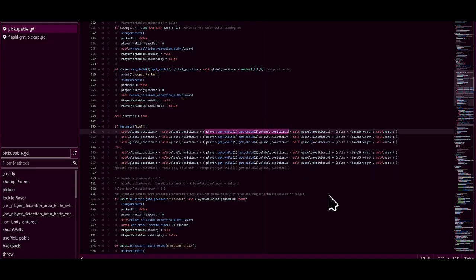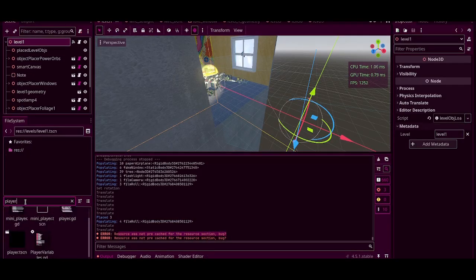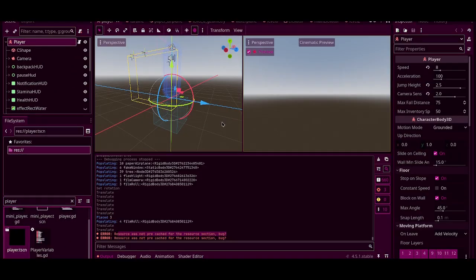I should probably make this a variable that gets set at the ready so it's more readable. I'm not getting the child every time. That'd be way better. But what that's doing is, if I go to my player script, we can see that